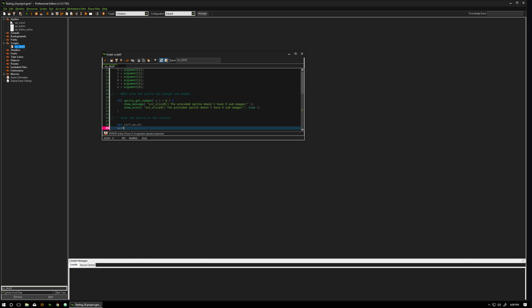So surface equals surface create. Surface create takes the width and the height. We have those already. They were given to us by parameter. So this is the target size of the sprite. Then we need to calculate the width and the height of the sprite. Again, exactly like sprite get number, we have sprite get width and sprite get height. So sprite width equals sprite get width and s, and sprite height equals sprite get height s. So now we have everything we need to be able to